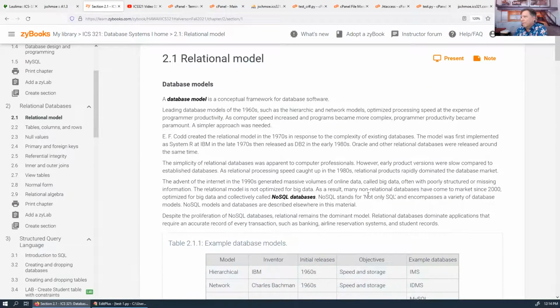So it wasn't quite the same as what Codd had in mind, where a relation would be like a variable type, and you would do these operations on these different variables, and these variables were relations,